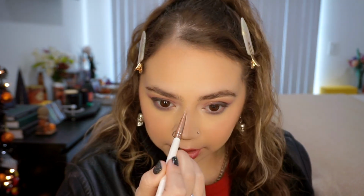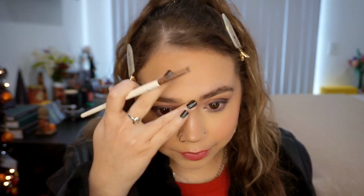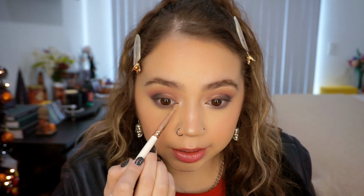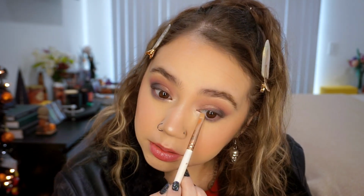Oh, I love it. It is a little bit more of a white highlight, which can work sometimes if you're a lighter skin tone, obviously. I don't want to go too heavy with it because it's going to look pasty. But this is so pretty. Really liking putting highlighter right here. I just really like how that looks. Really super cute. Okay, I'm gonna go ahead and put on some lashes and stuff,